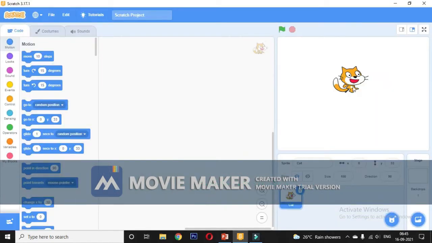Okay children, this is the stage. The stage is where you see the result of your program. This whole area is the stage, and you can see the result of your programs. When Scratch starts, a large orange cat, this is the cat, appears in the middle of the stage. And the different parts of the stage are